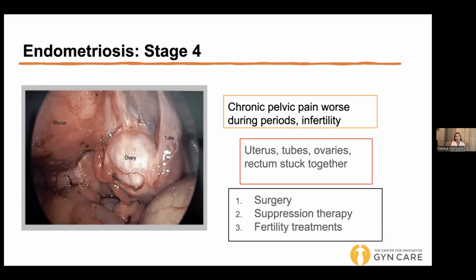We would put the patient on suppression therapy, right? So instead of just giving them birth control pills, we would actually give them medication that would stop the hormone production temporarily to help slow down the disease. With this, the surgery is not going to remove all the endometriosis, because there's likely endometriosis in the uterus, the tubes, and the ovaries. It's more like you do as much cleanup as possible, then supplement with suppression therapy, and then you go to fertility next.